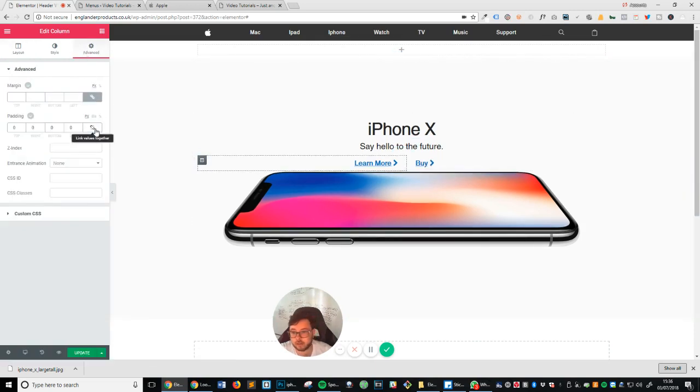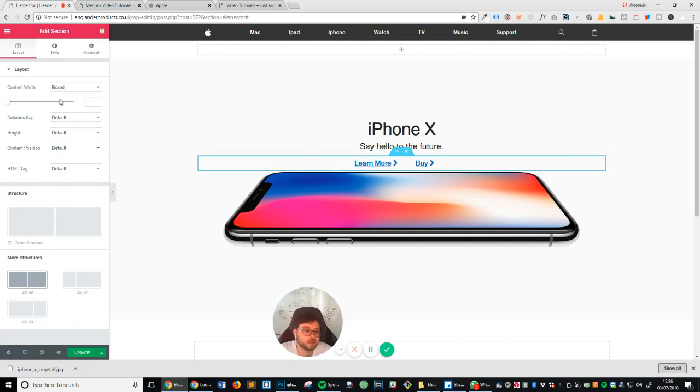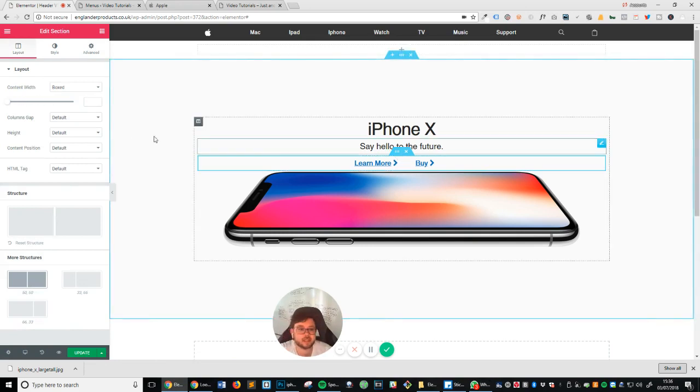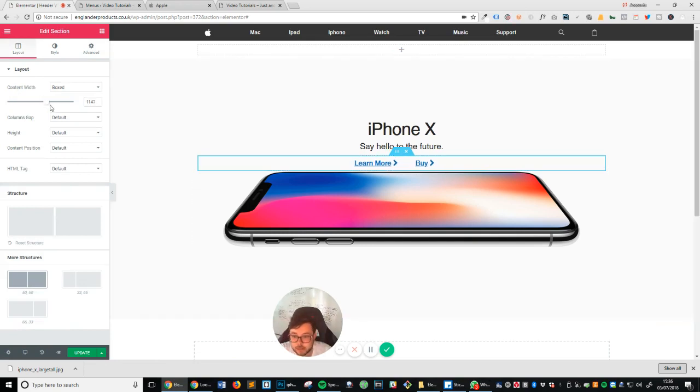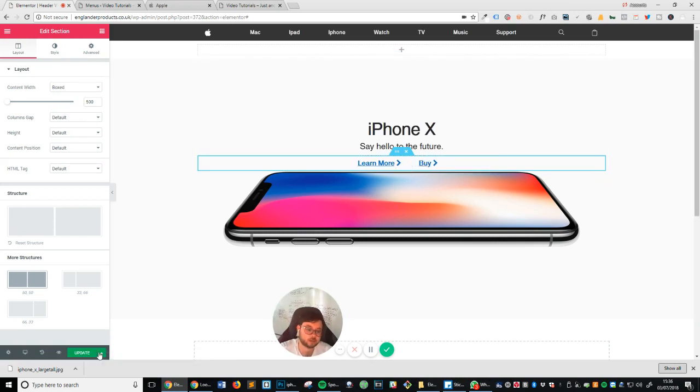Advance and take away the padding, and now let's also click on this section and let's make the width really small, just like so, and we're going to just like that update,